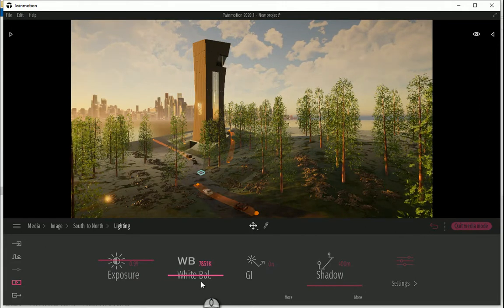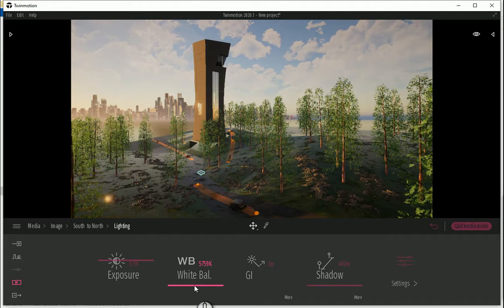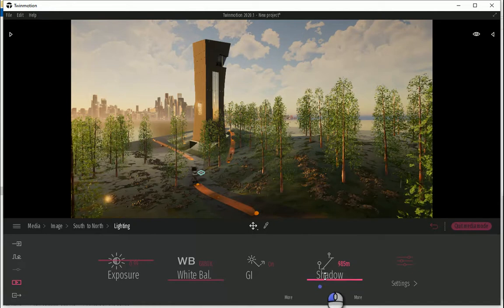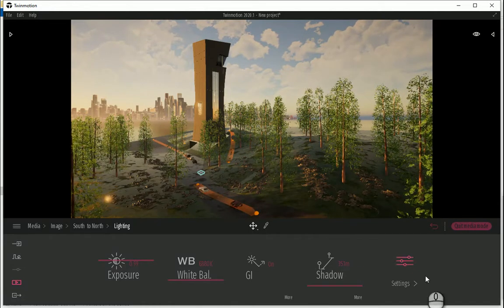If you want to print the image later, make sure to make it a little bit colder, such as this one, because when you print something, it's going to have more red colors. Okay, so that's something to have in mind. You can change the shadows or something. Okay,